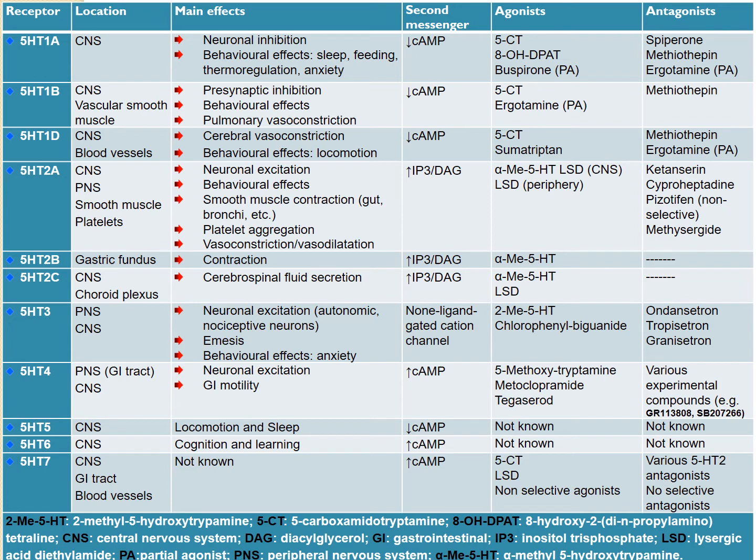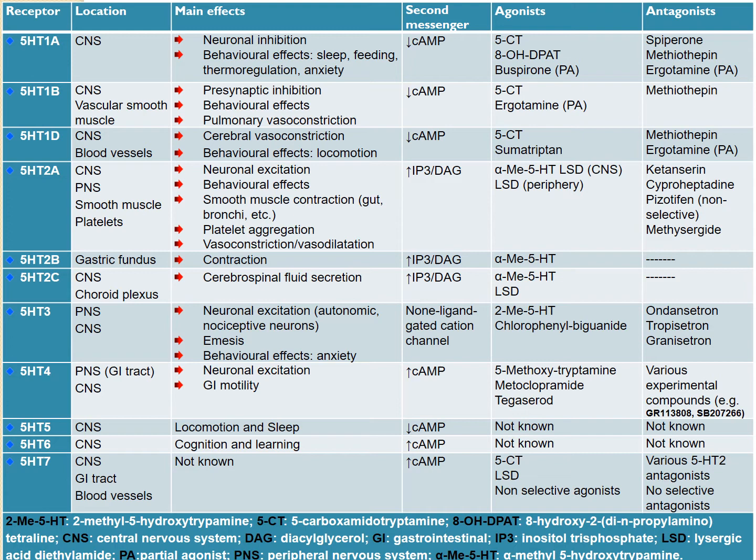So, finally we can get deep knowledge about serotonergic receptors and their subtypes with respect to their location, main effects, secondary messenger, agonist and antagonist with the help of this table. So please focus on this table to get more refined knowledge about the serotonergic receptors. Friends, we already discussed a lot about the 5-hydroxytryptamine receptors. Still I am sharing this table to get some more.